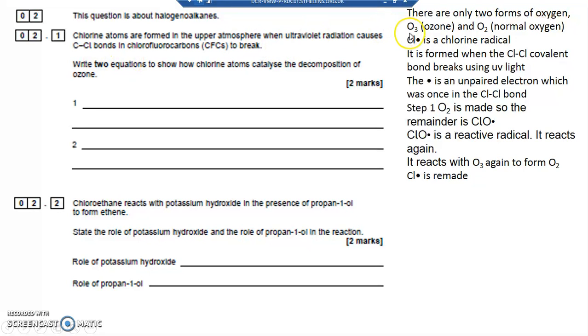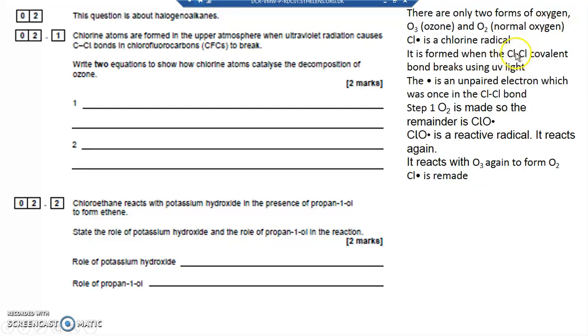Now the only difference is that we show the unbonded electron, the electron that was once in that bond, as a dot. It's an atom, so a chlorine atom is sometimes called a radical. It's an atom that's reformed, an atom that was once in a covalent bond, and to show that it's got its electron back, we show that as a dot. It's called an unbonded electron, and it forms when that C to Cl bond breaks,